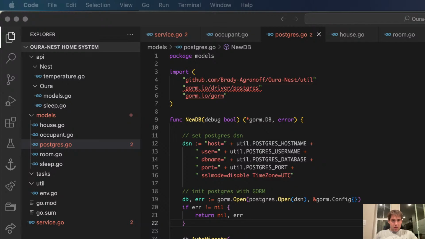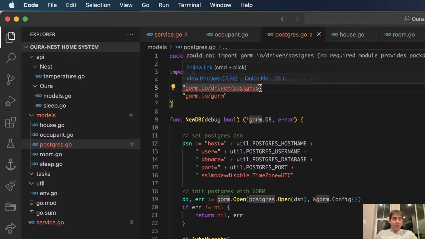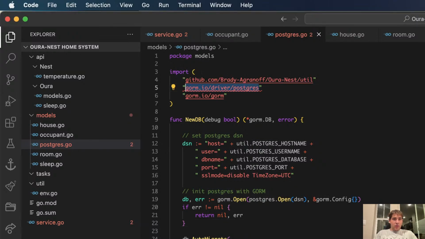I think we can use. We do need that actually. So let's go. Don't give me more errors. No required module provides package. There we go. Well.